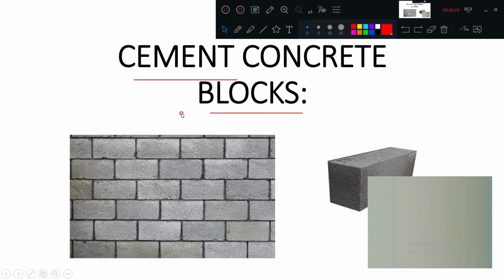The major thing is that for bricks we are using soil to prepare them, that is clay soil, and to prepare that we are excavating some soil portion on the top of the earth and using it to manufacture the bricks. As we continuously use these bricks, the top surface layer of the earth is getting used up, so there is a shortage of soil or land. For what reason? For agriculture purposes. So that is why the alternate replacement for clay bricks is now the cement concrete blocks.